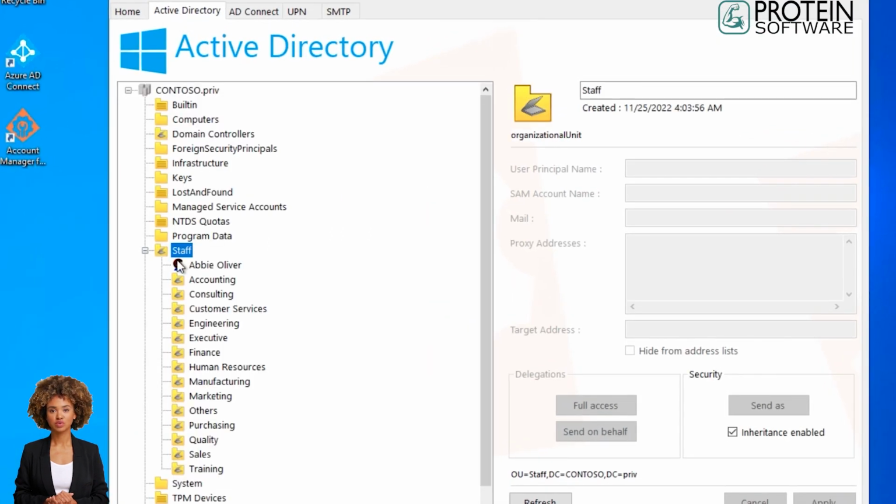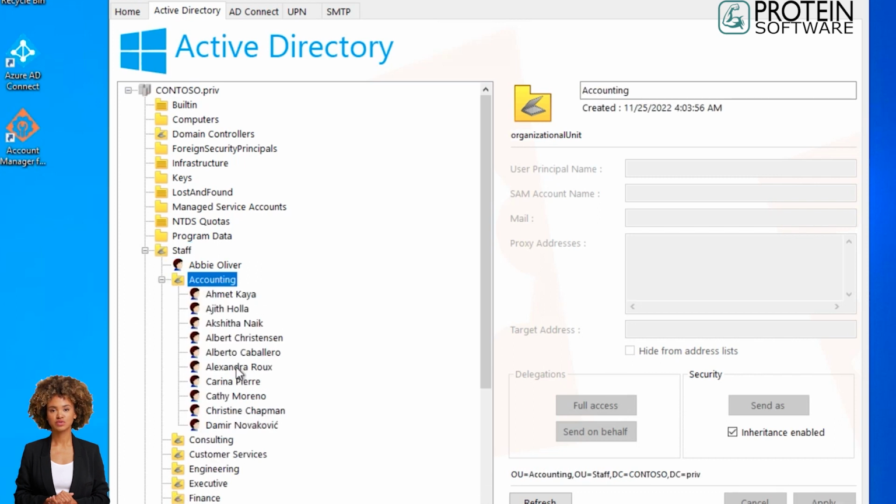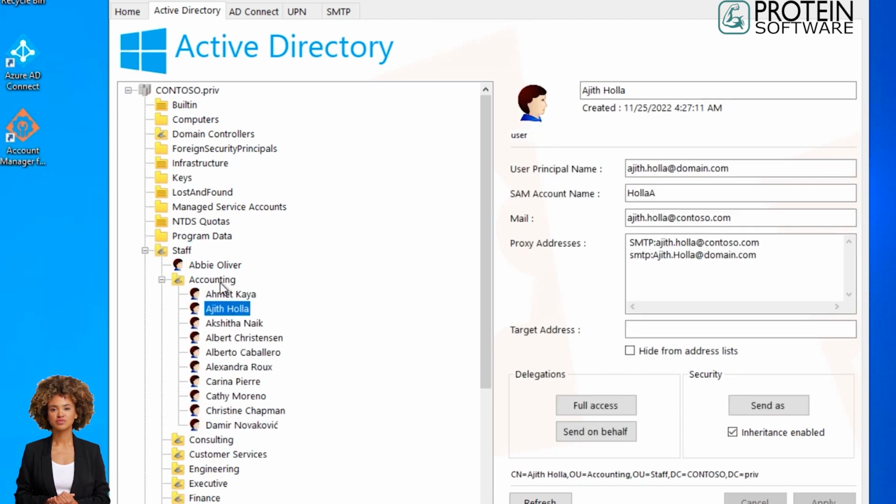Let's go to our OU accounting, for example to the account of the user Ajit Halla. We see that the email address is different from the UPN. The email address uses the contoso.com domain, the same as the primary SMTP address, while the UPN uses domain.com as suffix. We will see how to modify these attributes in a few clicks on all the user accounts of our OU